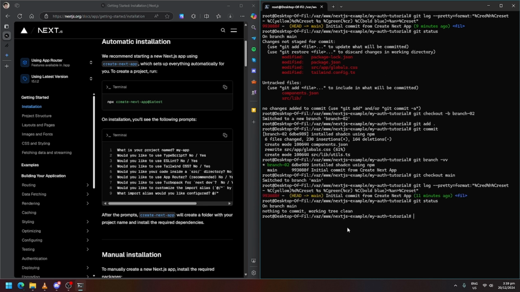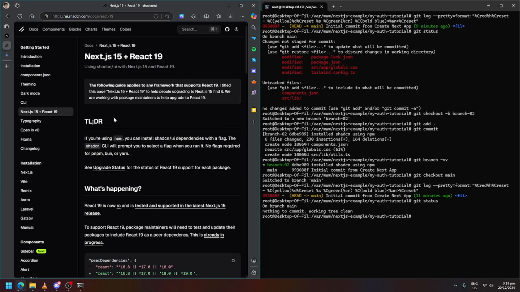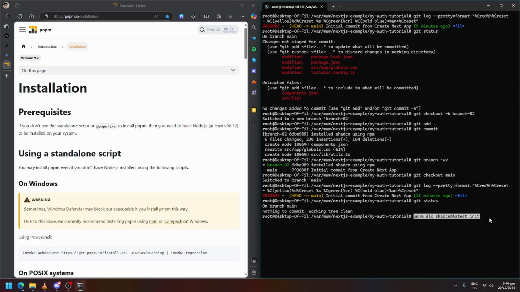Okay, now let's try installing shadcn using pnpm. I think that will be fine. I don't have pnpm. Before we install this one, let's install pnpm first.